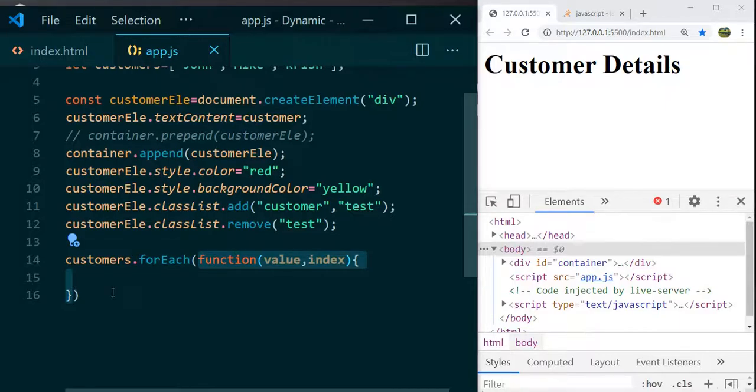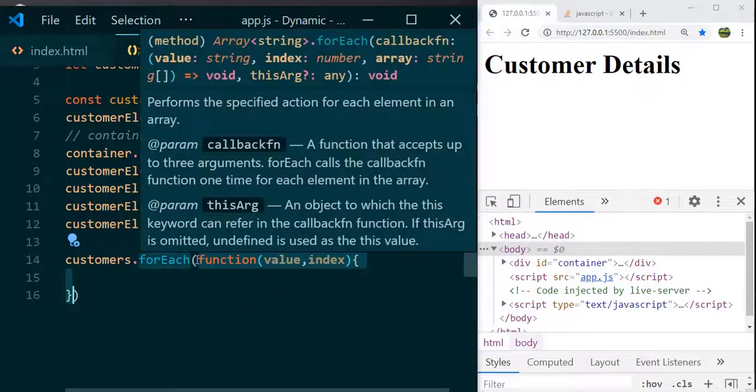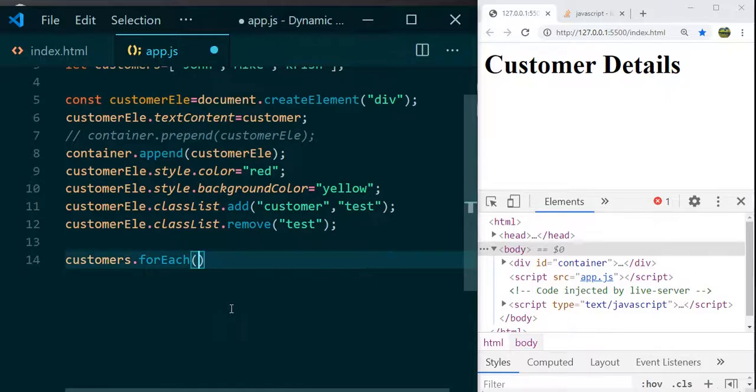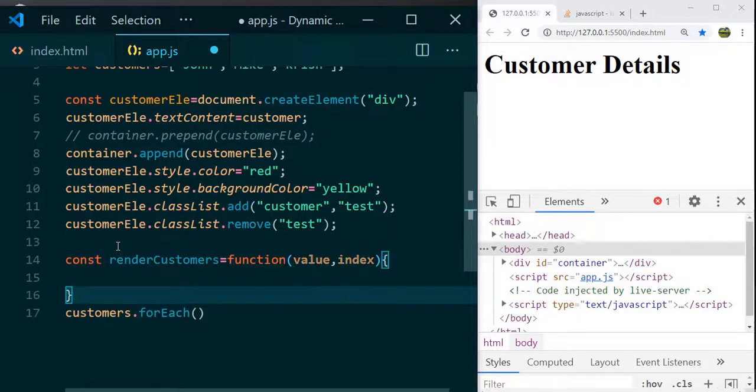So what I do, I just write this function outside instead of here. For better readability purpose or testing purpose, it is advised to write these callback functions outside and just refer the callback function name here. So I just write this outside. So before this forEach, const renderCustomers equal to this one.